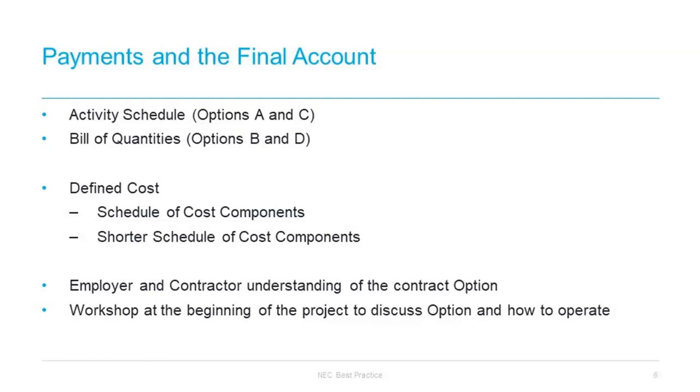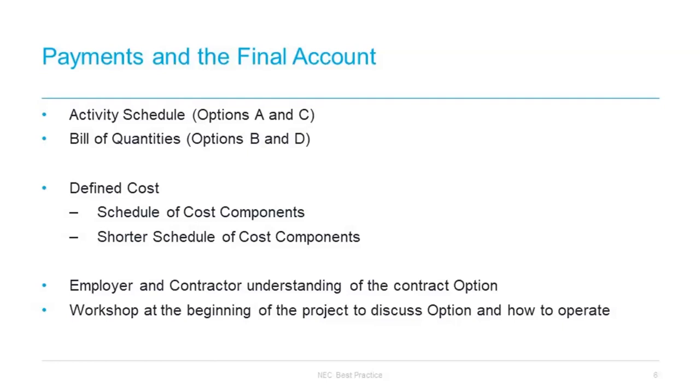Now, this is often overlooked, and often Contract Data Part 2 is inadequately completed. Now, we understand that this is because parties can often prefer just to meet up and agree the value of compensation events as they go along. Now, that's all well and good when everything's going well. However, it can cause some trouble if agreement is not possible, if the fallback option of using the shorter and schedule of cost components data isn't there or hasn't been completed.